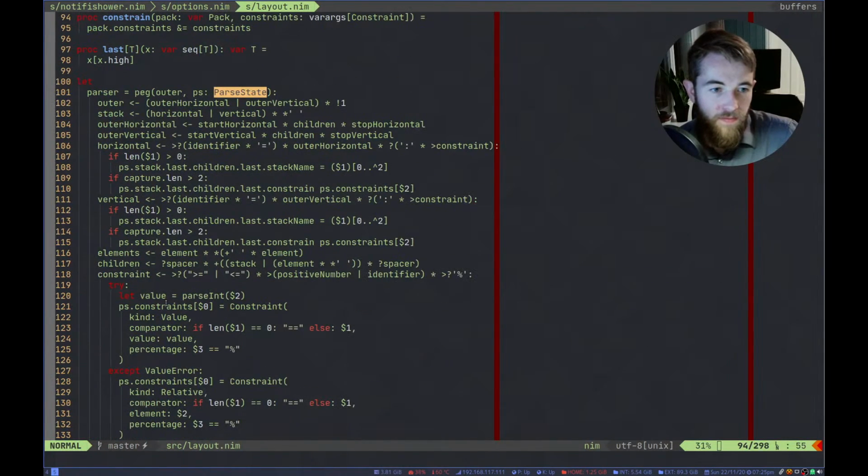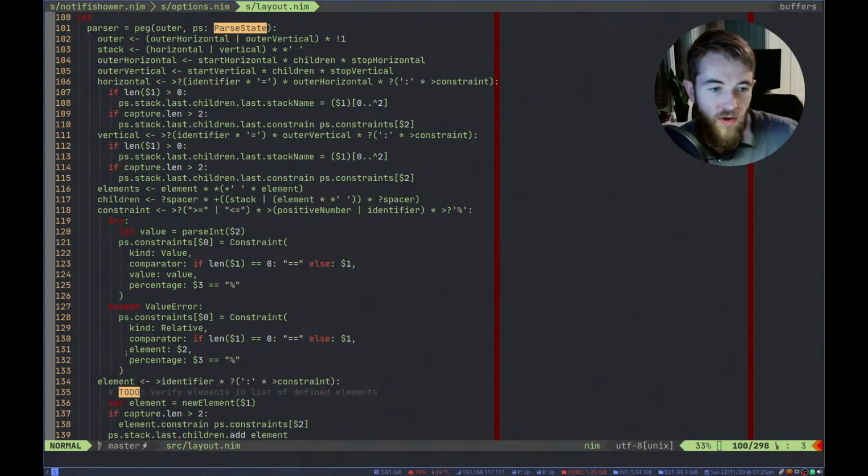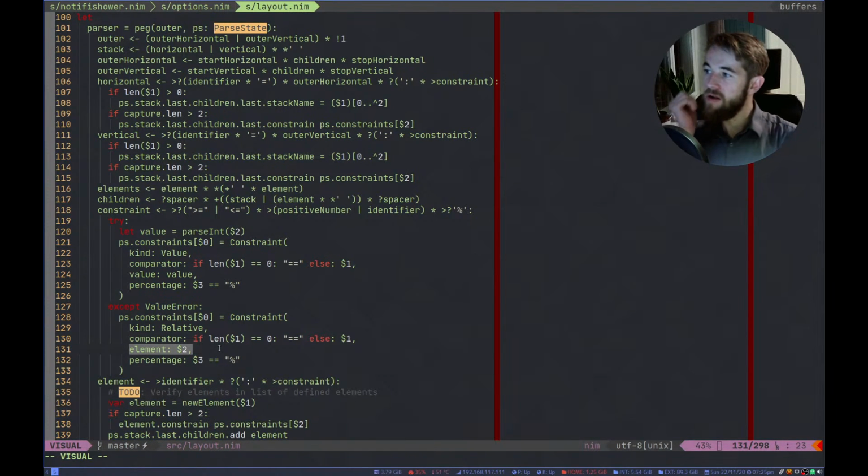And we want this still to be just a string name, because we can reference one that we haven't seen yet.